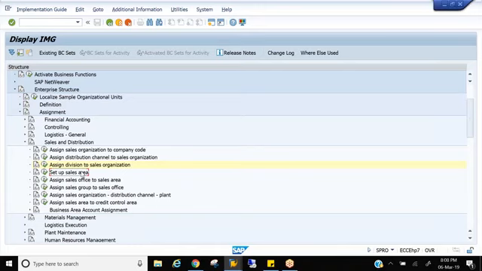You don't need to even tell assignment. You don't need to tell combination of sales org, sales area, these all things. You can simply tell the interviewer, it's an assignment in the SAP system which will help us to create master data and transactions, right? So that is how you differentiate from others. If 10 people come to the interview, 9 people will answer the same thing, saying that it's a combination of sales organization, division, and distribution. But one will tell this kind of answer where you differentiate from others, right? So this comes only by practice. So from day one, you need to prepare these kind of things, right?